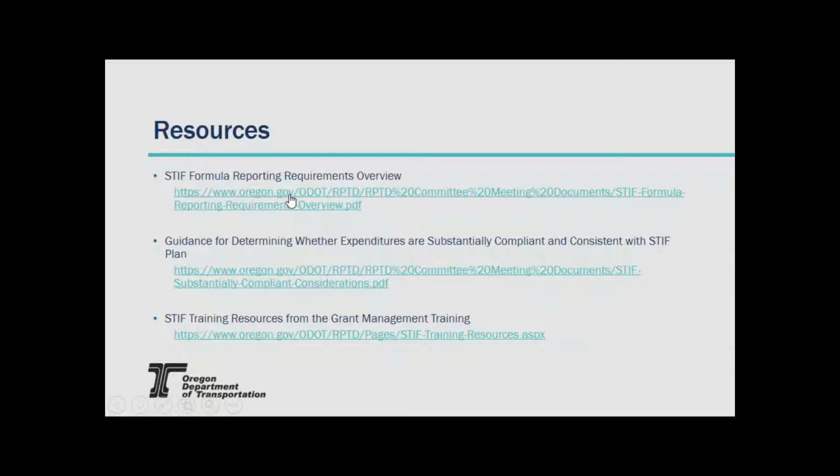Yes, Patrick? Yeah, and I would just add that any applicants that are receiving discretionary money under STIF can expect the discretionary reporting guidance today. This afternoon it will be dispersed to all recipients. Great. Just another place to find this type of information.